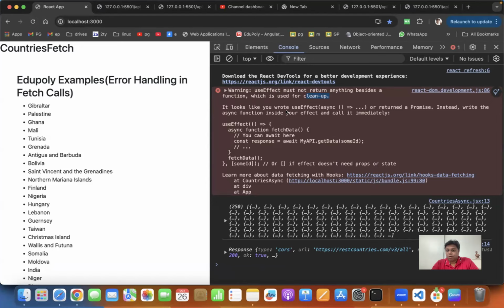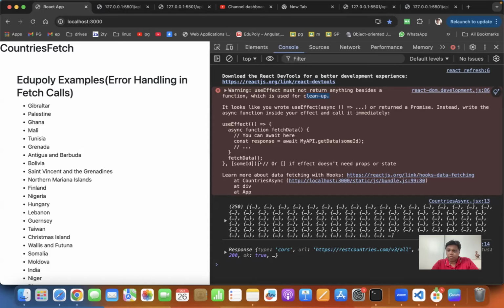It looks like you wrote useEffect async or returned a promise. Instead, write the async function inside your effect, and call it immediately. So they are proposing,